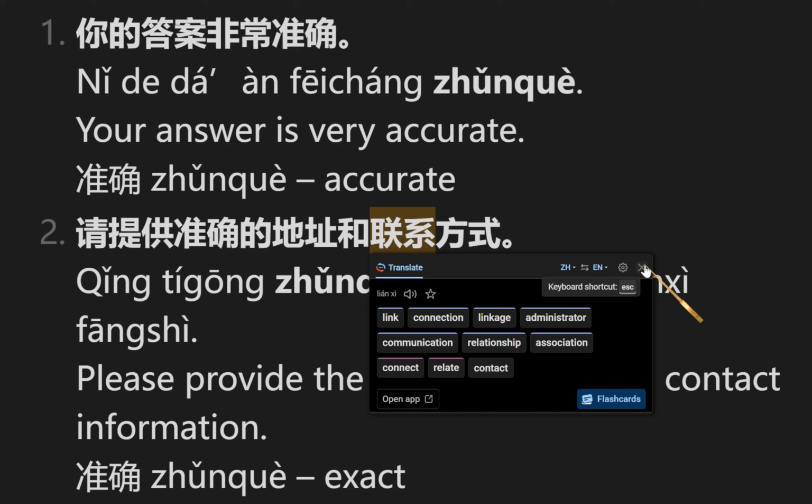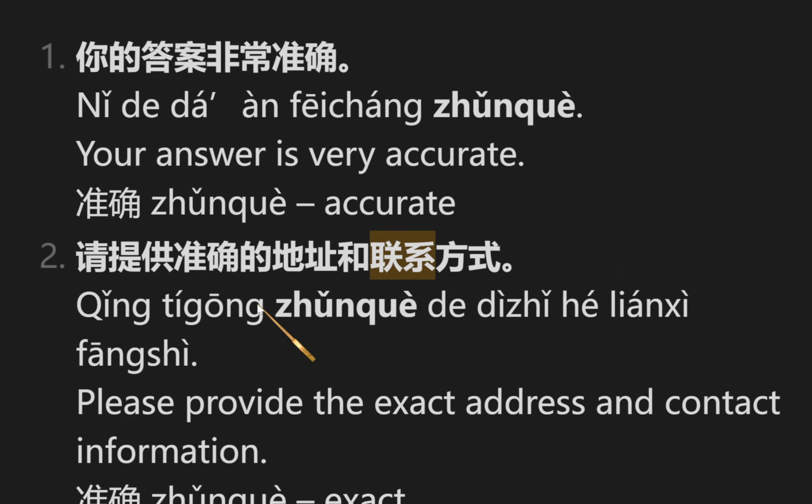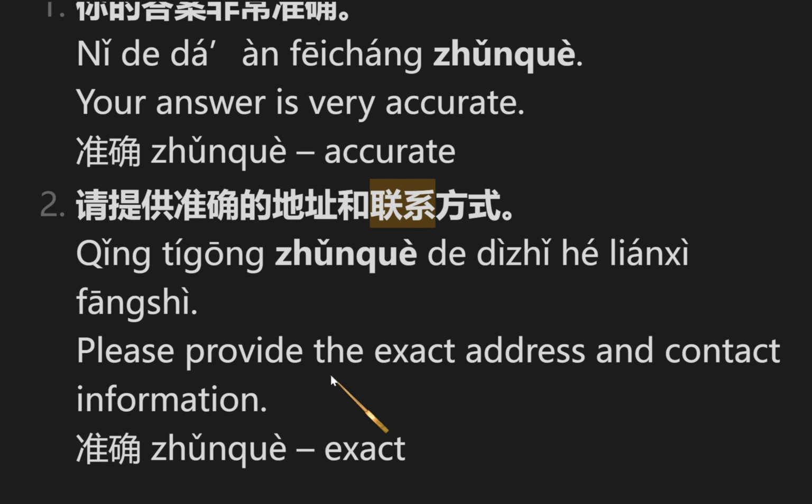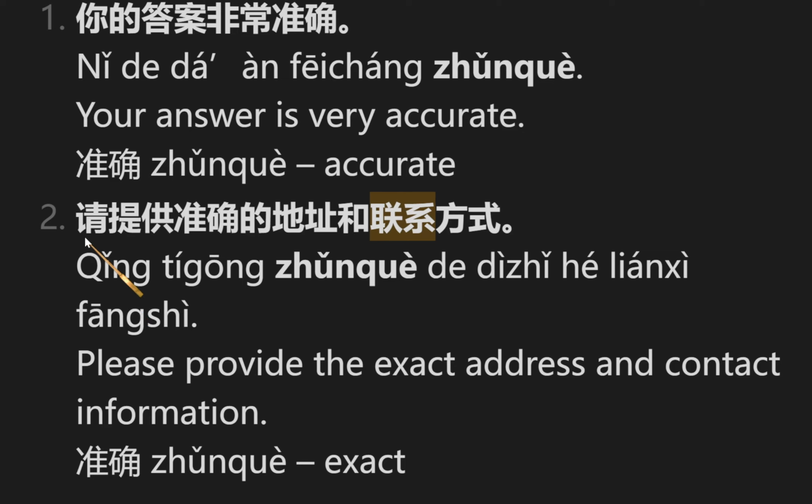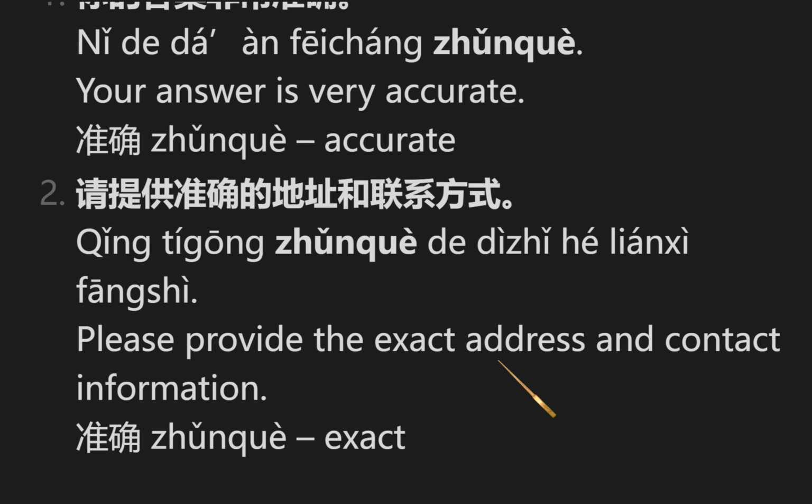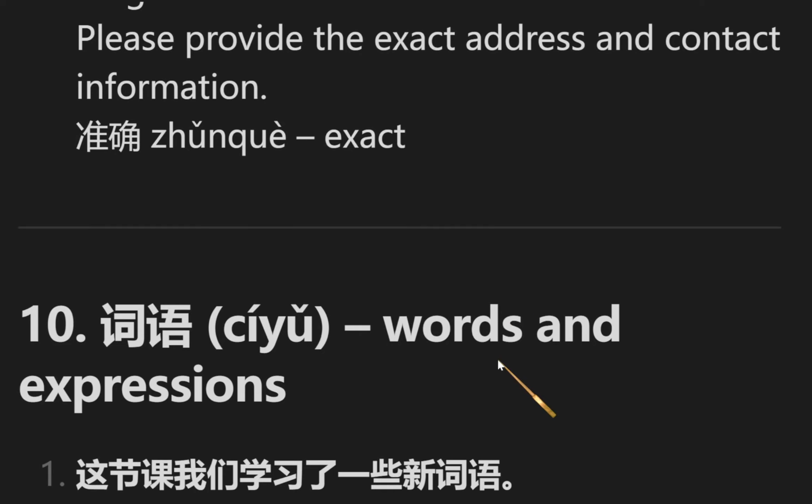So it could be a noun or a verb. Please provide the exact address and contact information. 请提供准确的地址和联系方式。